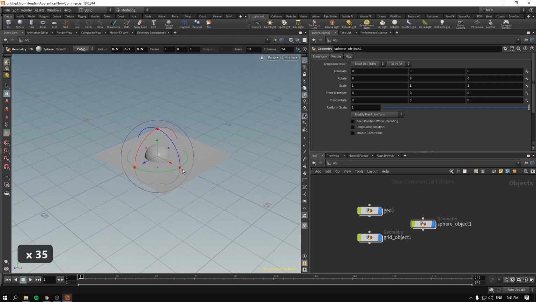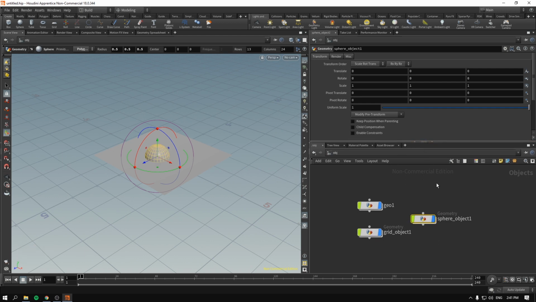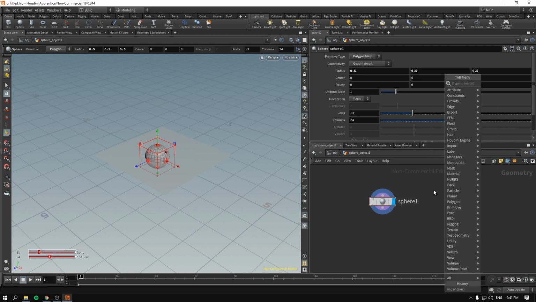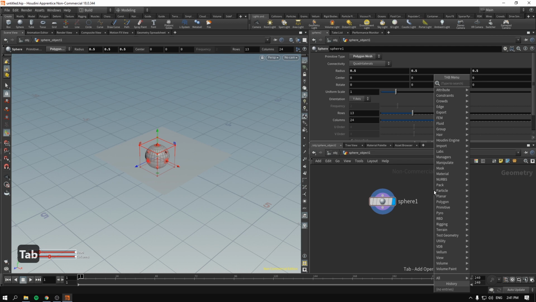Okay, next up. I want to stop and talk about the container of the sphere. This might be a bit confusing, but it's not, after I explain this. So if you dive in, I just press Enter again. And here we can see the sphere. It's actually the node that creates the sphere. But if we right click or tab,